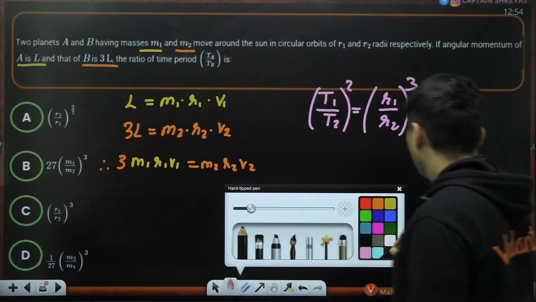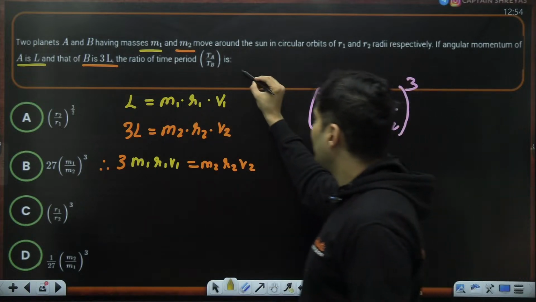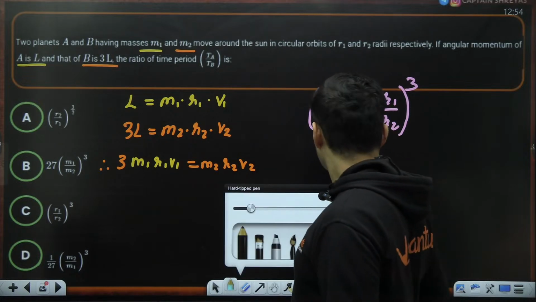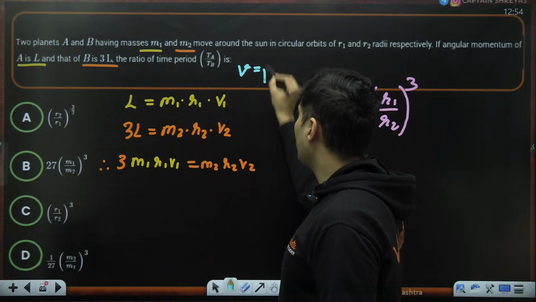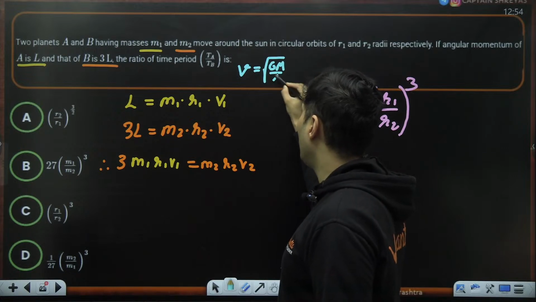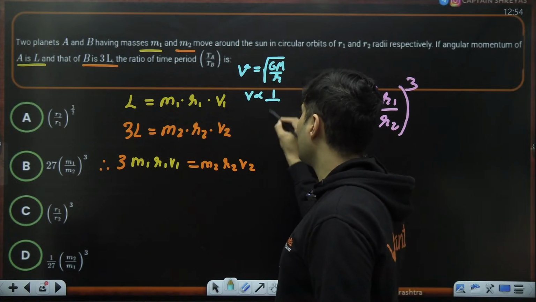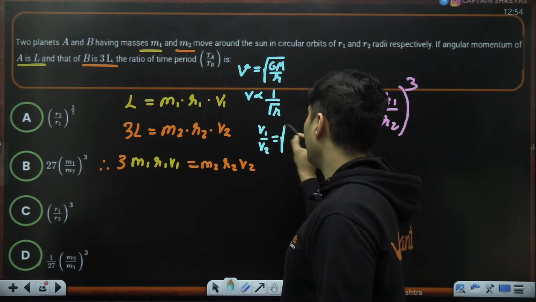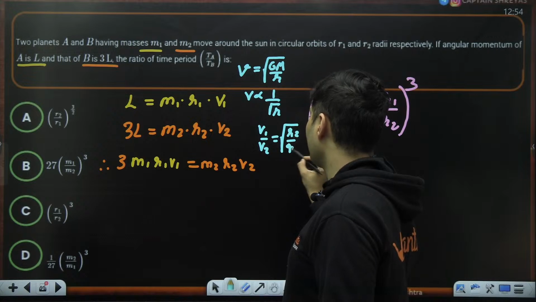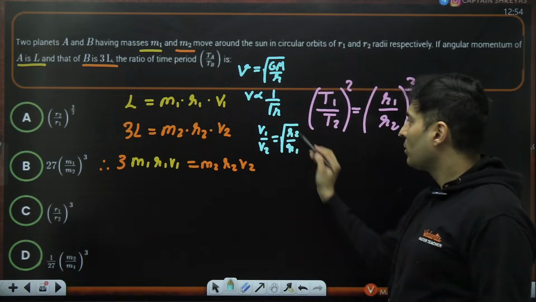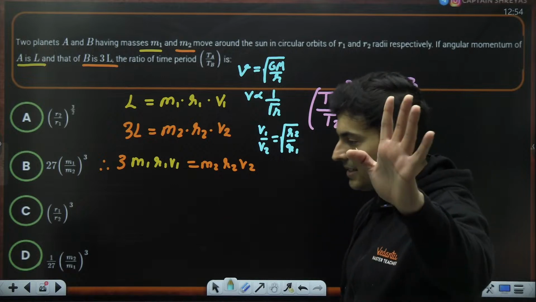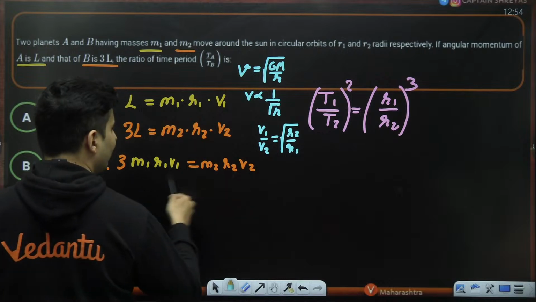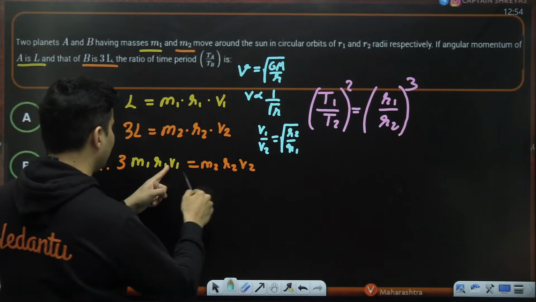We know that in general, for any satellite which is moving around a planet, the velocity is given by the root of GM by r formula. So it is inversely proportional to the root of r. Therefore v1 by v2, won't it be root of r2 by r1? Won't it be proportional to root r2 by r1? Yes, perfect, very good. So let's get rid of v1 and v2 directly like that.